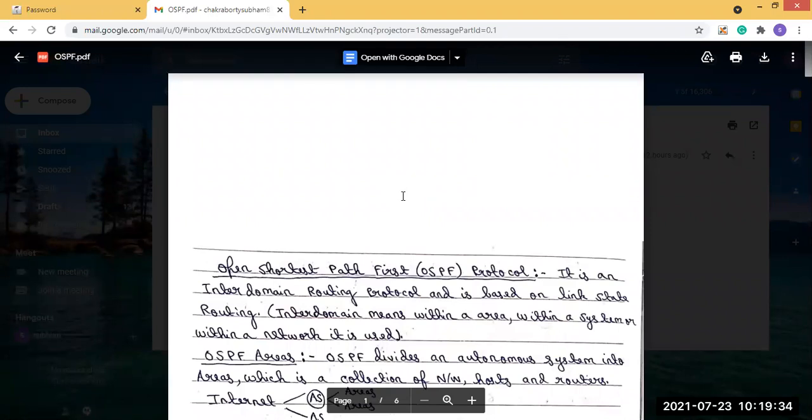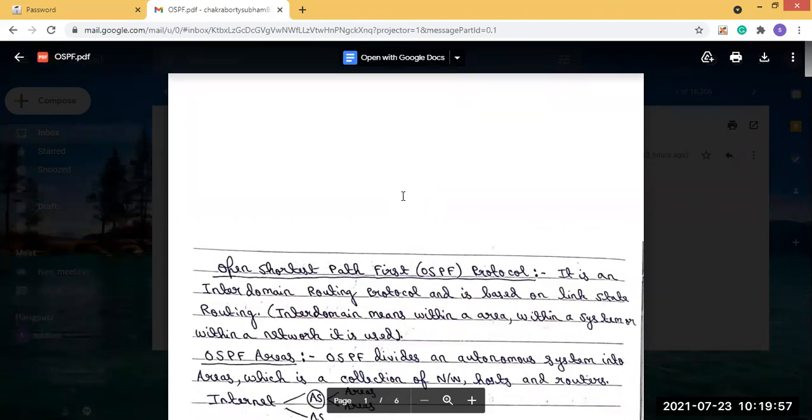It is an intra-domain routing protocol, basically, and it is based on link state routing. What does that mean? We have seen that there are two types, inter-domain and intra-domain. Intra-domain means within an area, within a system, or within a network.